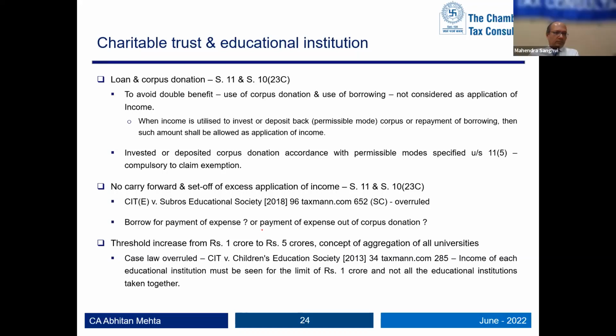Just to give a small example, if 30 rupees is your income and 40 rupees is your expense, 10 is the loss. So incur 30 out of your income and for 10 rupees of expense, take a loan. It is not allowed because you have used your borrowing. So this year 30, 30, 0. Now next year you have an income of 50 and expense of 40, so you are left with a profit of 10. Repay that borrowing using this income. So it is application of income and you come to a 0 number. So this is what one can look at on a case to case basis.